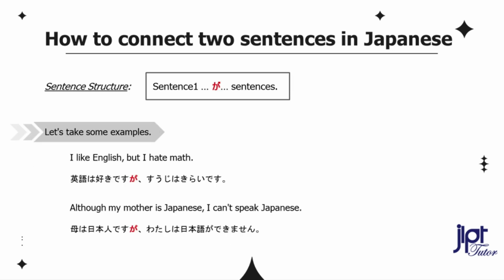I like English, but I hate math. 英語は好きですが数学は嫌いです。Although my mother is Japanese, I can't speak Japanese. 母は日本人ですが、私は日本語ができません。